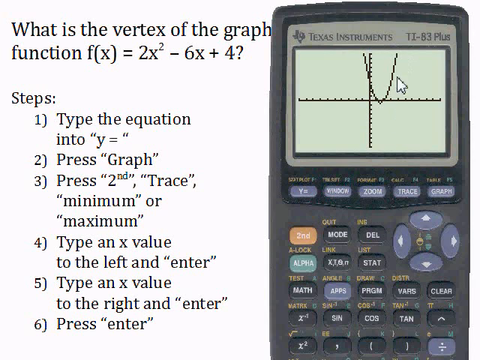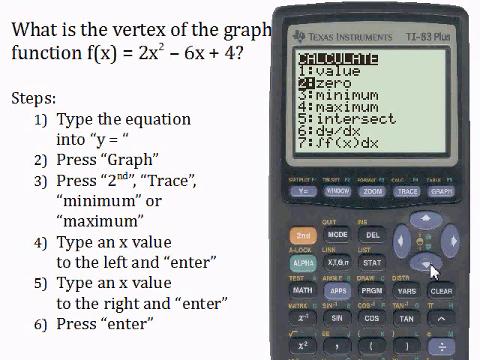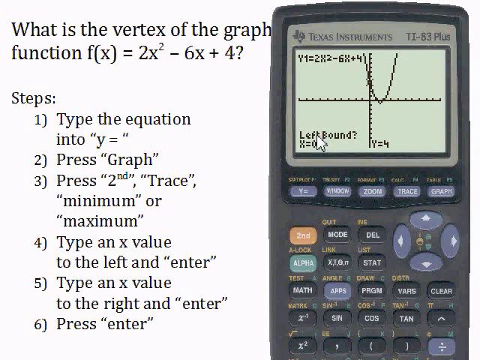So there we go, we've got the quadratic, and we need to find the vertex right there. You could try to count, but that is not a very accurate way of finding the vertex. So here's what we're going to do. We're going to find that vertex by going second trace, go down to the word minimum, and the reason I'm choosing the word minimum is because my vertex was a minimum. Press enter. Notice it says the word left bound. That just means select any x value that is to the left of that minimum value. So I can pick -1, because our minimum is over here, -1's over here, so I can type -1 and